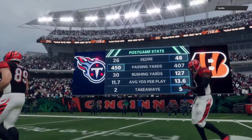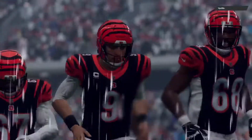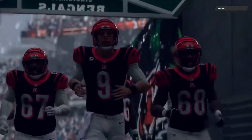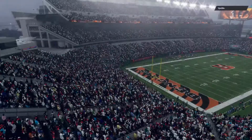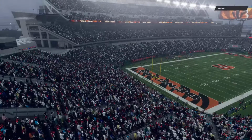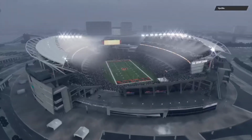So for Cincinnati, they close out this first half at a very solid 6-2. And they'll be able to enjoy this one through the bye week before they get back at it again. Meanwhile, for the Titans, they fall to defeat for the 2nd time this season. And they'll get a chance to redeem themselves next week at home against the